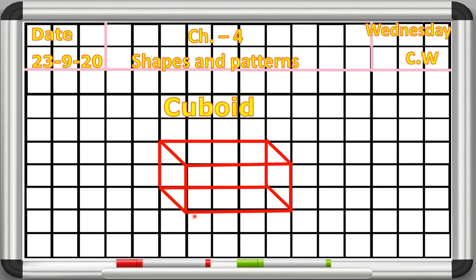Okay, now we have to write its faces, edges and vertex or corners. So here first of all we will write its face. Okay, this is the face of this cuboid. So here we will write FACE, face. And these lines are the edges. Okay, so here we will write EDGE, because we are showing only one edge. Now corners. These are the corners, this, and this. So here we will write corner or vertex. Understood, beta? How you have to make a cuboid in your notebook.